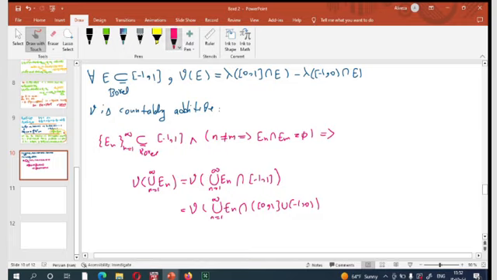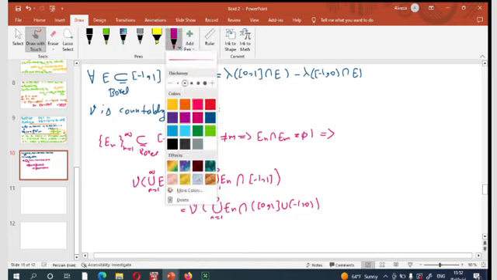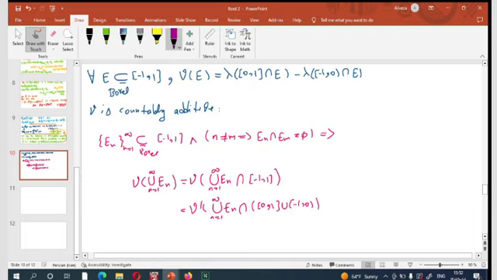Let me write the internal parentheses in another color. Okay, mu of this equal to mu of this, because this interval is equal to this union, okay, and this is equal to